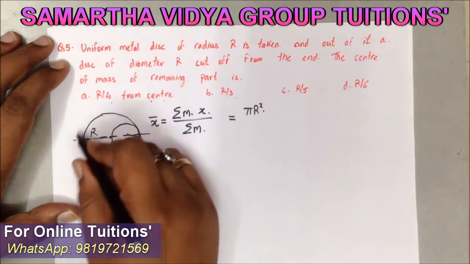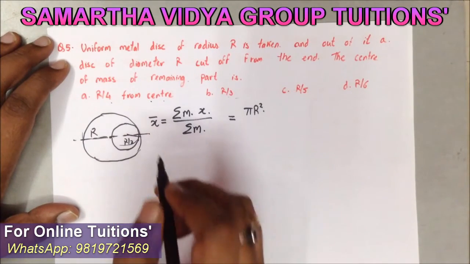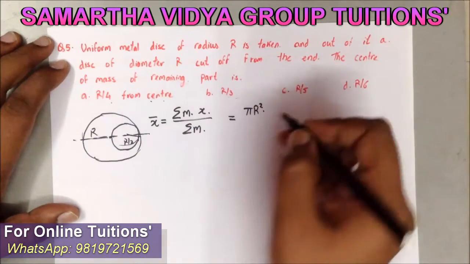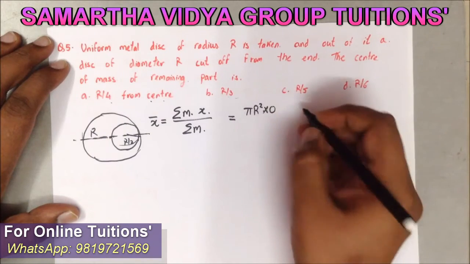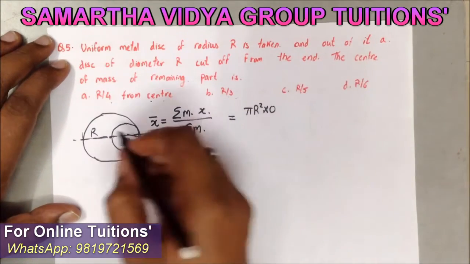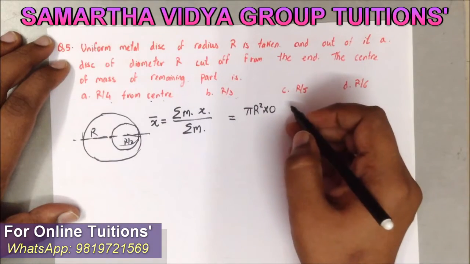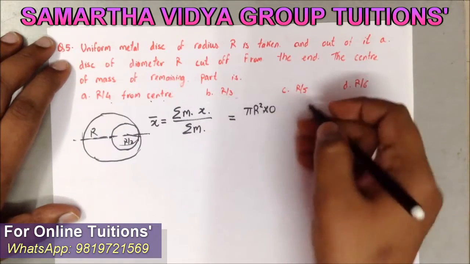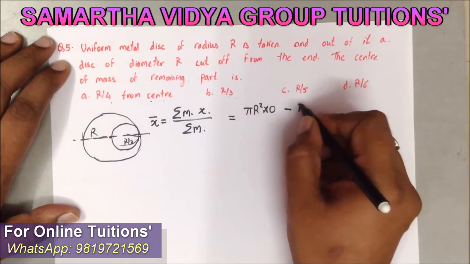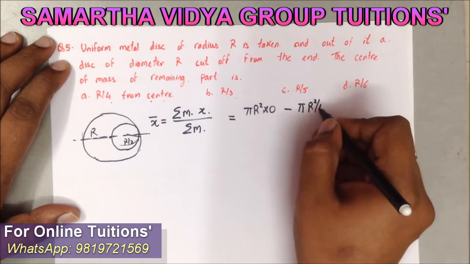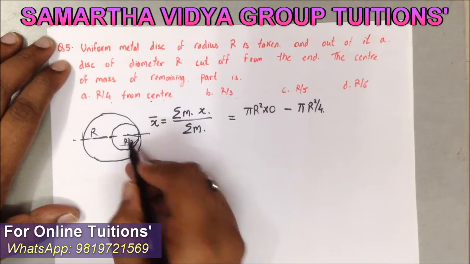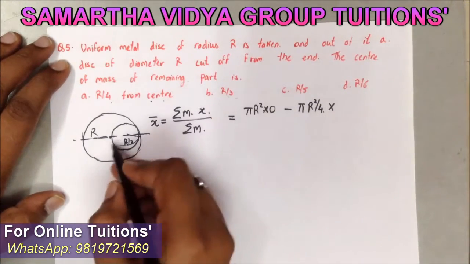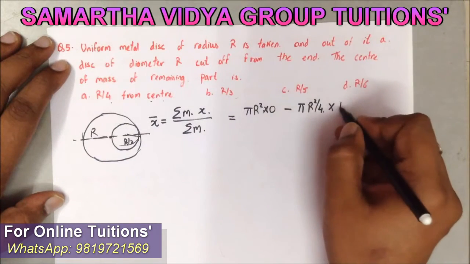So since the bigger circle will have its center of mass at the center itself, the distance of x from the reference point is going to be 0. So this is into 0. Next, we'll be having the next term, which is of this thing. Now, since this particular mass is being removed, the value for the mass is going to be negative. So that is why it's going to be minus pi r square by 4, because the radius for the smaller one is r by 2, into the distance of that point. So we can see that the distance from here is nothing but r by 2